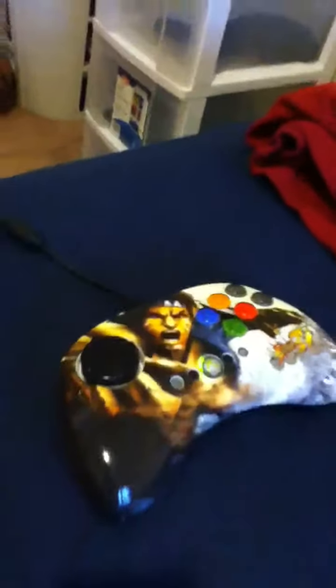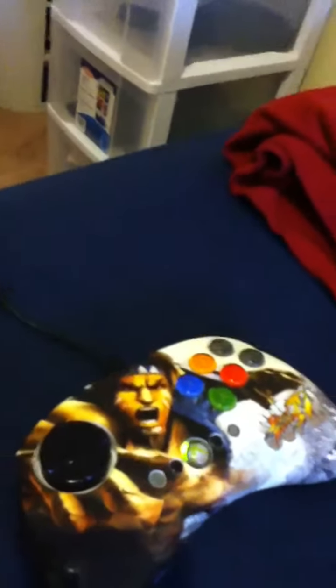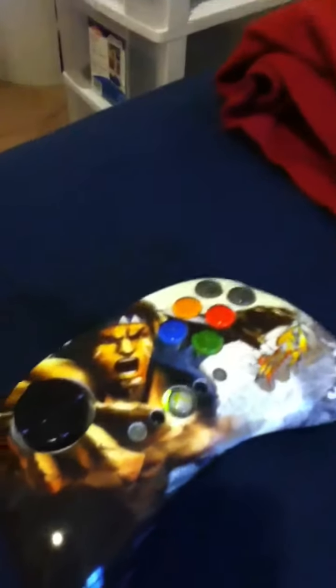And again, Mad Catz made this controller, and Mad Catz has been known for making horrible controllers. I've had a couple PS2, GameCube controllers that were just awful, garbage. Like, they broke, no lie, in the course of two weeks, just because of how poorly made they were and the parts that they used. But this controller right here, I'm not gonna lie,